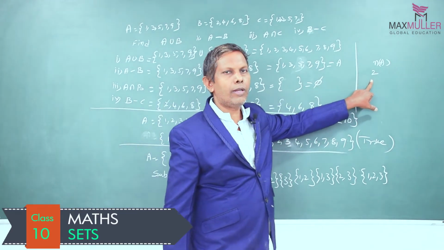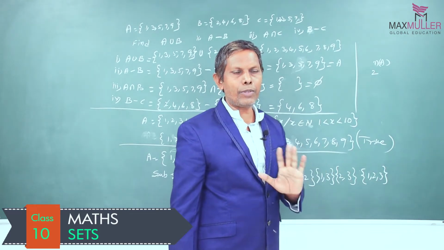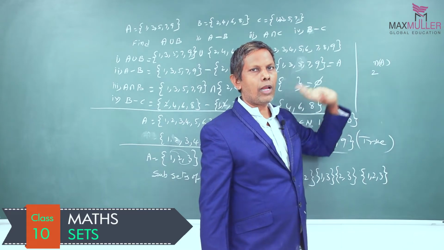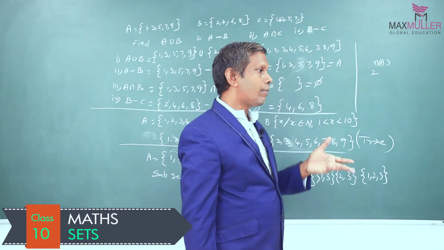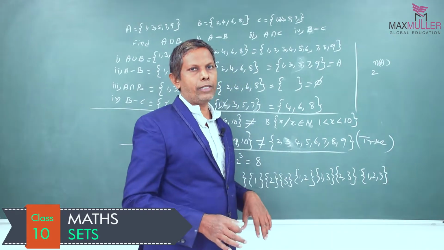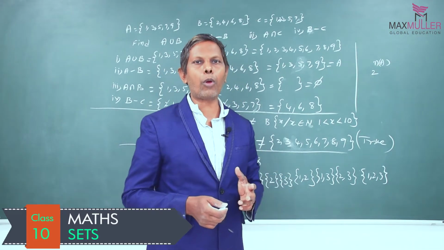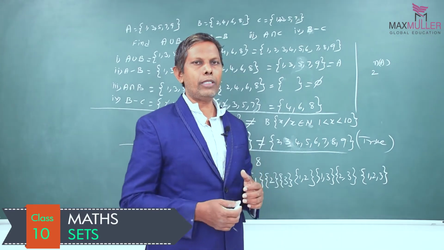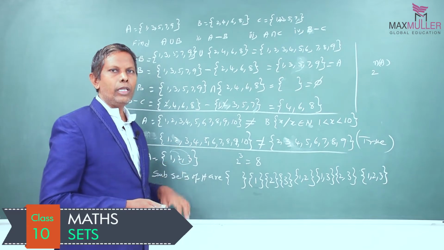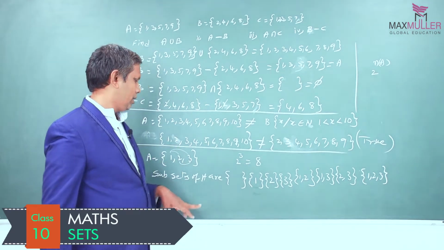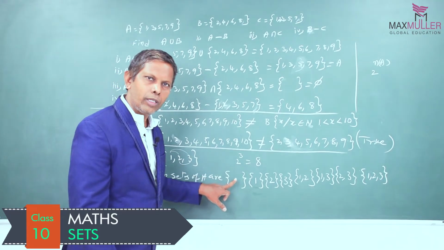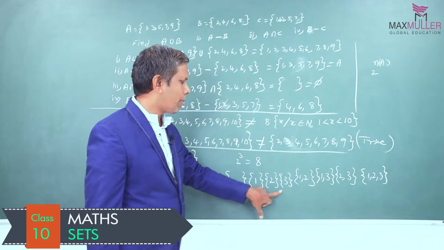This is the formula for subsets. How many subsets are possible? 2 power n of A. Sometimes they can ask how many proper subsets. What is the meaning of proper? Proper means at least one element less than that set is known as a proper subset. Here 3 elements are there, here no elements. This is proper, proper, proper, proper.